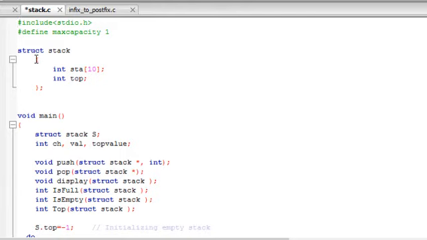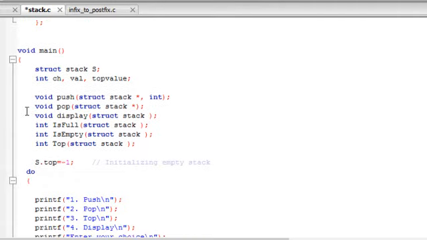Here you could see the stack is defined as a structure using the keyword struct. The name of the structure is stack. So what do we have in the stack? It's an array which can hold up to a maximum of 10 elements, and we have the top to point to the topmost element. And let's say we can define the maximum capacity of the stack as 10 using hash define preprocess statement. Now going back to the definition of push function,